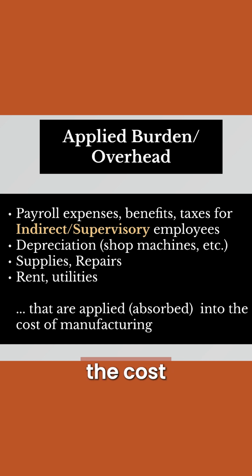We're also going to capture the cost of depreciation for equipment, machines that are used directly in manufacturing, the cost of supplies, repairing of machines, and various other items that are indirectly applied to production. These are going to be clearly identified and captured, as well as rent, utilities, and so on related to production, not the entire facility or building, but related to production. So we're going to capture all those costs, and then we're also going to apply or absorb a cost rate to offset those costs so that those costs are going into the cost of manufacturing, cost